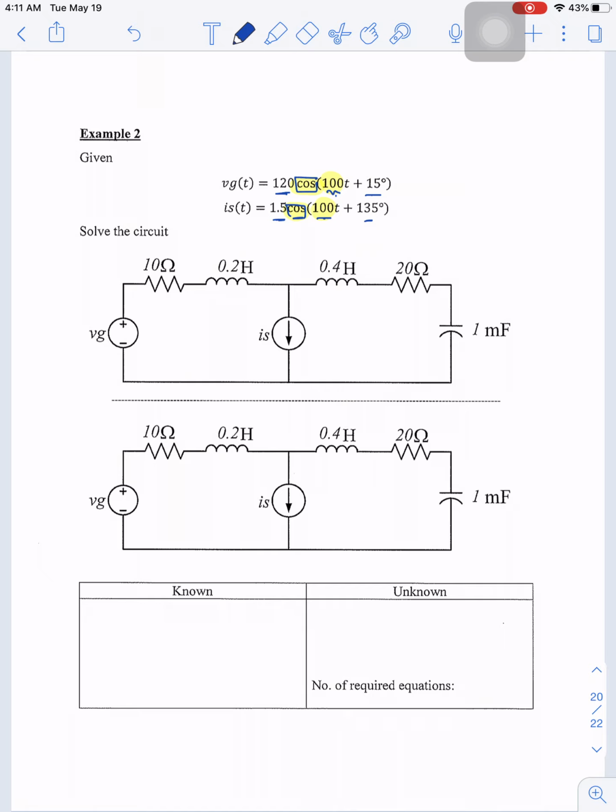So how can we deal with different frequencies if we have two sources with different frequencies? The only way to solve this situation, but we will not do this in this course, is to use superposition. So you consider one frequency at a time. But all the sources that we will consider in our course will be of the same frequency, which is a logical